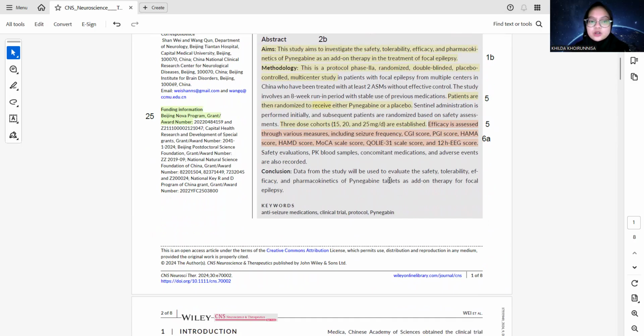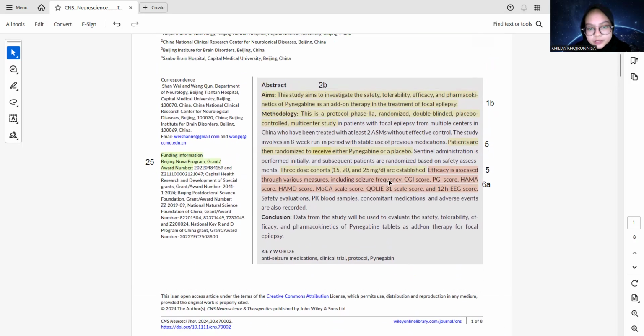So this gives some context for external validity. Next, item 22, interpretation. They interpret Pinegabine's potential role based on previous research and its mechanism of action.